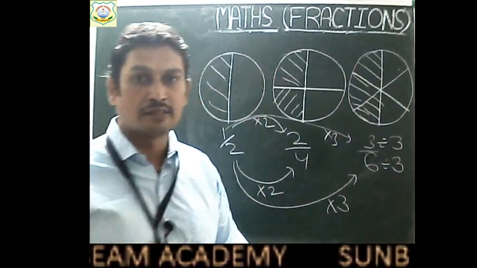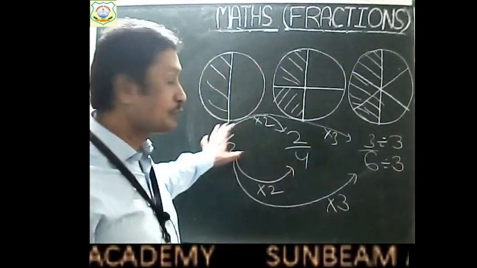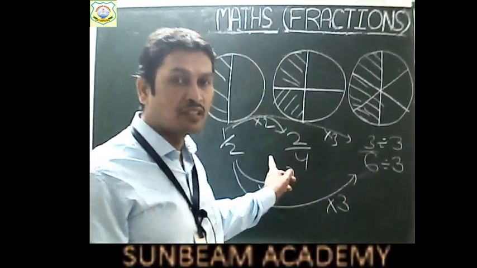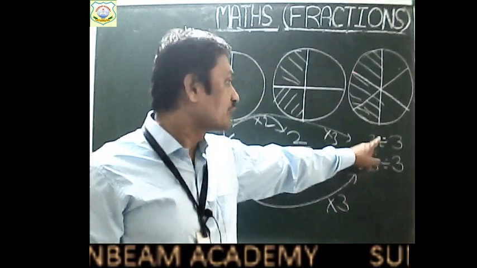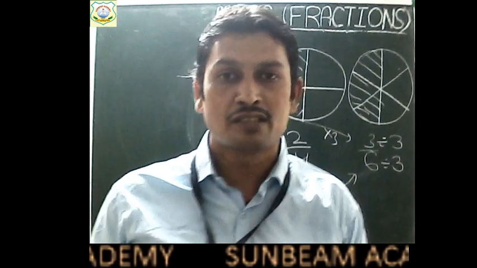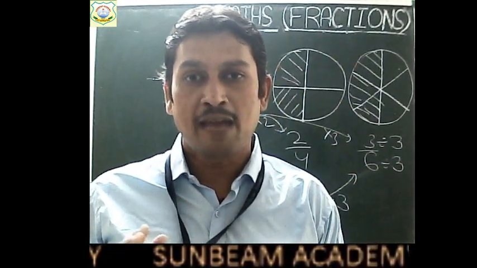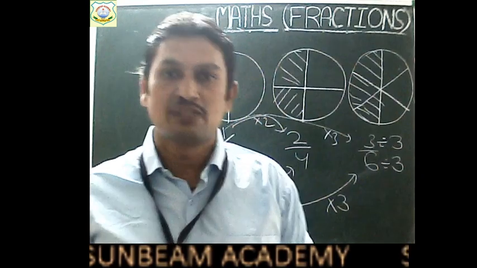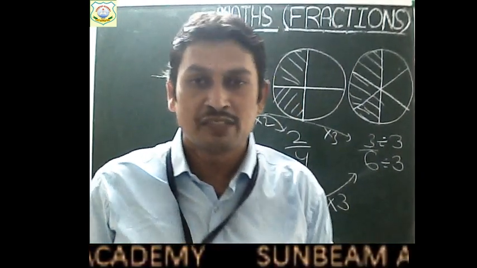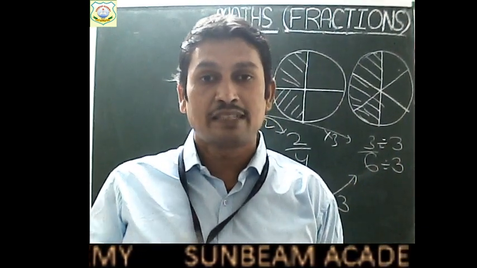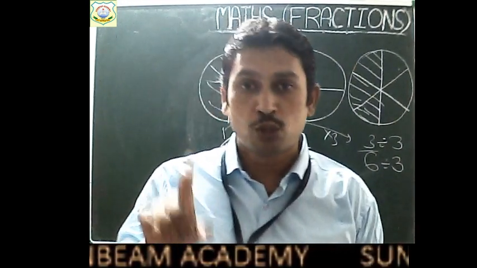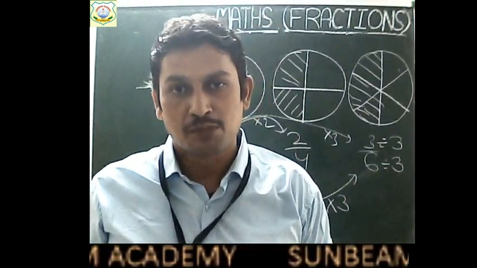So it means what, children? It means that we can multiply both the numerator and denominator with the same number. In the same way, in the reverse order, children, we can divide also. We can divide the numerator and denominator with the same number, okay? So children, what is the rule? The rule is that if we have to find an equivalent fraction of a given fraction, children, remember what I am telling. Then we can either multiply or divide. We can multiply or divide both the numerator and denominator with the same number, okay बेटा?